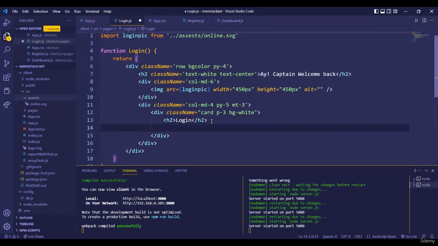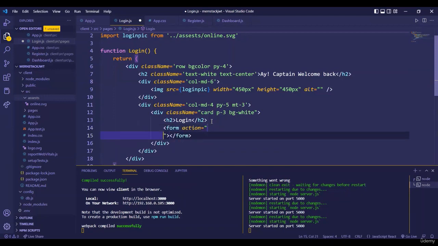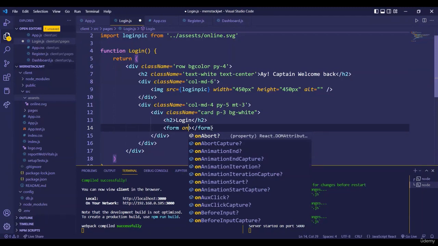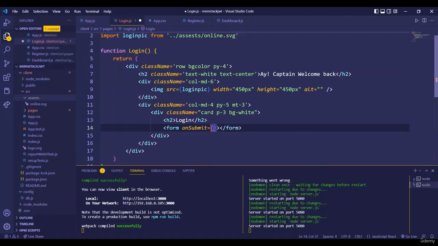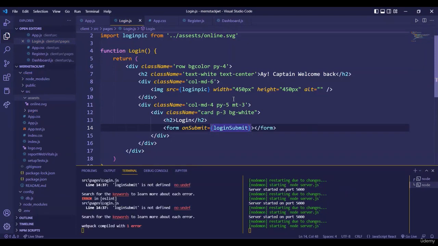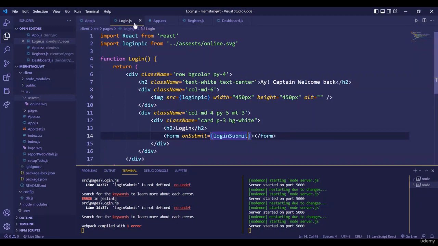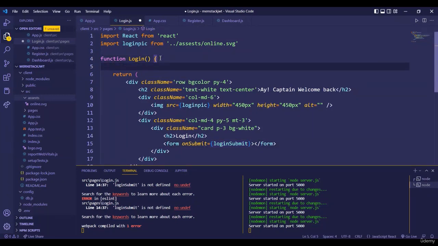Now we need to have this form tag, and inside this form tag we don't need this action button, because we are going to handle in this page itself with a submit button. So on submit, inside this we can give our function name, so we can give as login submit, and for the time being let's just create an empty function down here. So const login submit equal to, and this arrow function will be having here